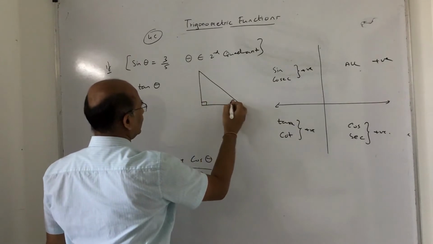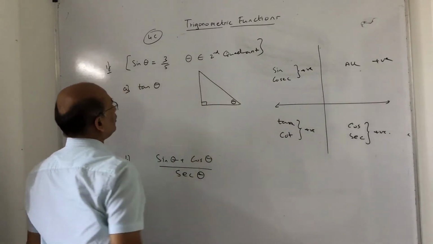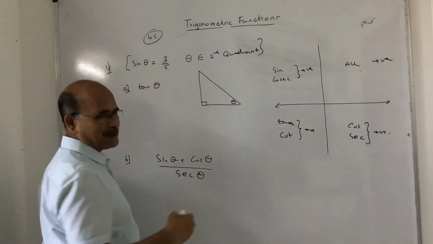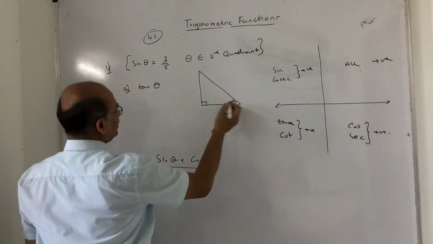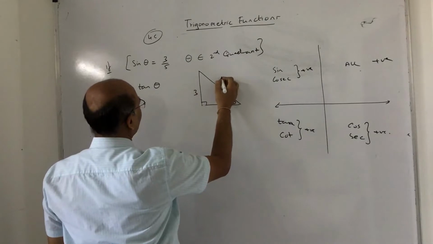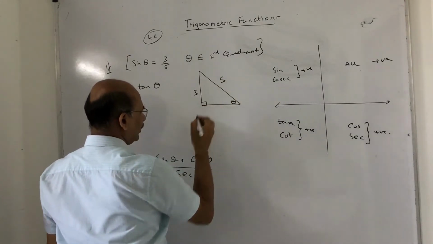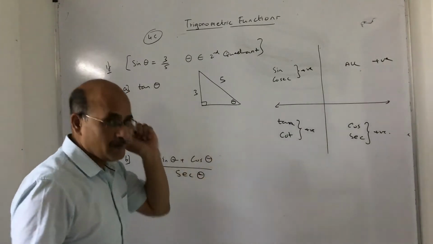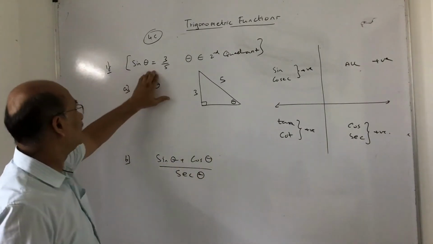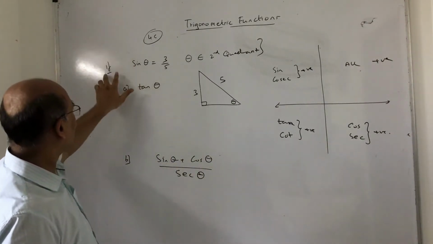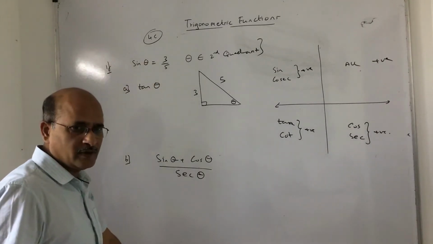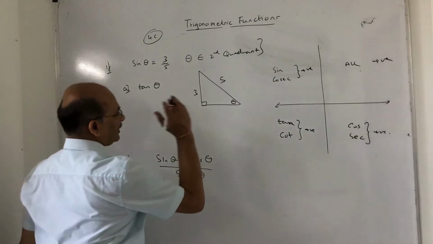And you can denote this angle as theta. Now sine theta, the ratio is 3 upon 5. So basically it is a Pythagorean triplet, there is no issue. So the perpendicular is 3 and the hypotenuse is 5. Your job is, always first find the missing side. Now remember, you apply this when it is a conditional sum. That means they have given you the value of some trigonometric function, and they ask you the values of other trigonometric expressions. So first find the missing side.